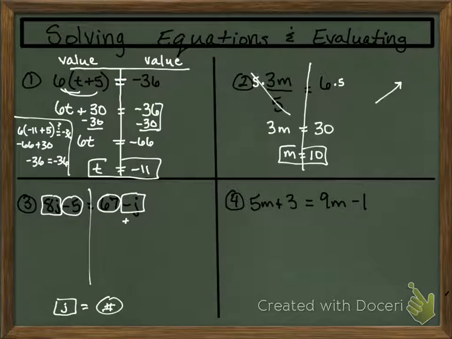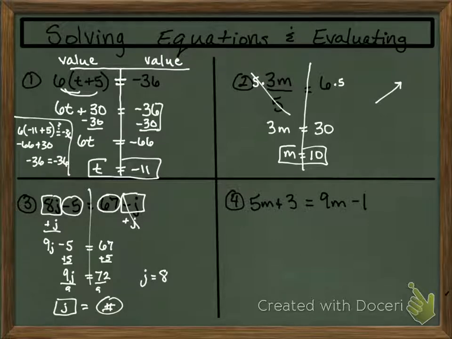I notice that I have a negative j, so I'm going to move this negative j over by making it positive. That's going to give me 9j minus 5 is equal to 67. Then again, I can move this 5 over. I can go plus 5, and I have that 9j is equal to, what's that going to be, 72? And then when we divide by 9, we get that j is equal to